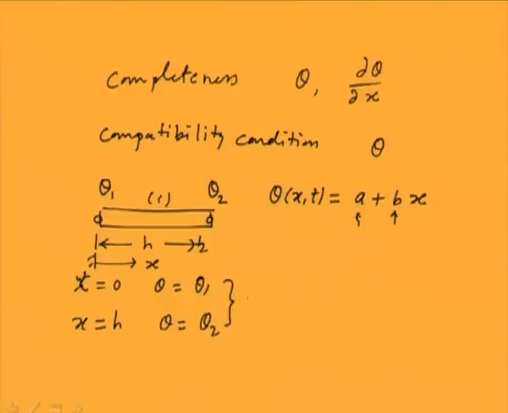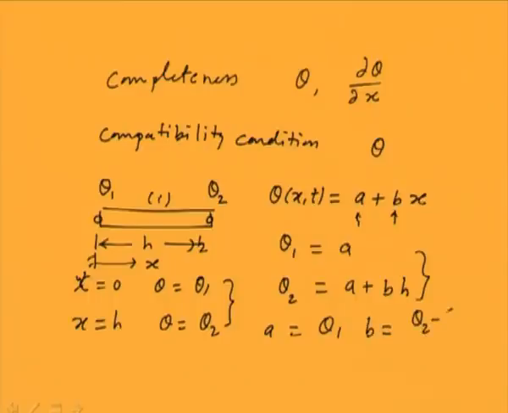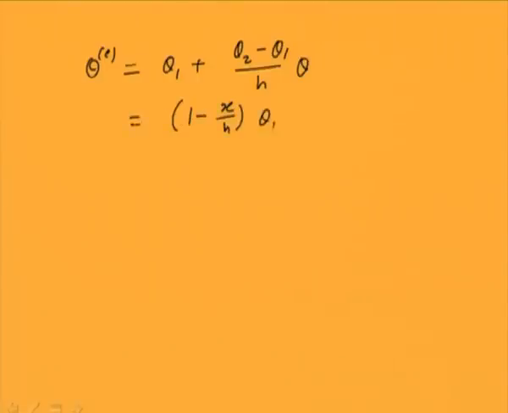So, if we substitute these two boundary conditions, we can get these relations. Second boundary condition, a plus b h. Now, this equation can be solved for a and b. A we directly get as theta 1, and b is nothing but theta 2 minus theta 1 by h. Now, we can substitute this in the previous equation. So, theta 1 plus theta 2 minus theta 1 by h into x. So, this can be rearranged as 1 minus x by h times theta 1 plus x by h times theta 2, and